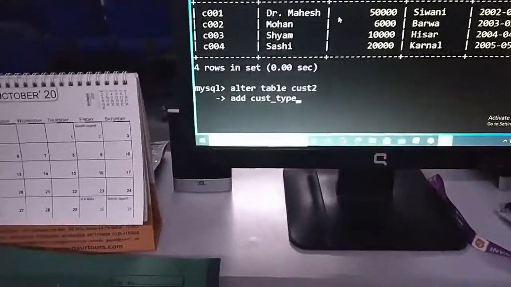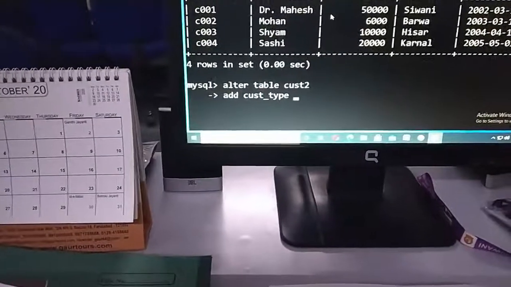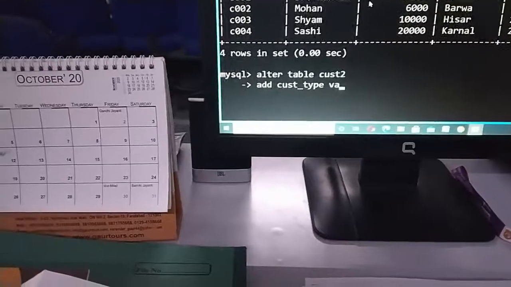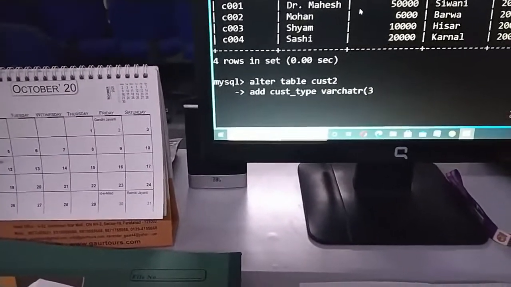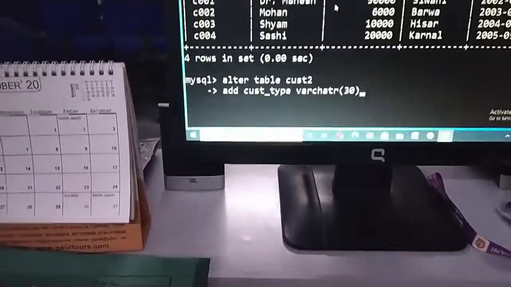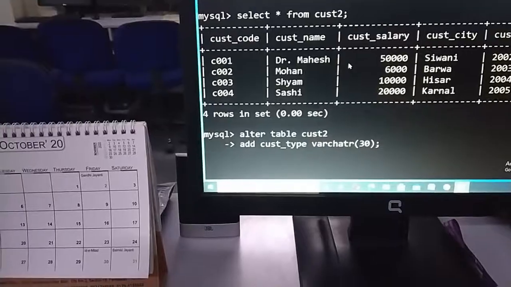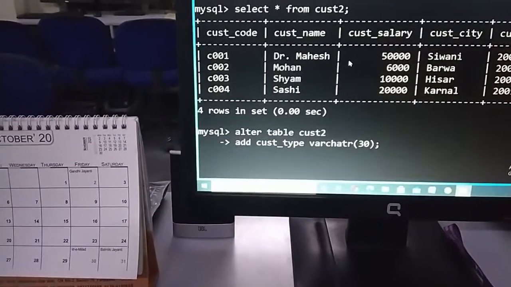Are you getting? Alter table name, add cust type, and then the customer type, of course, must have a data type. So say varchar, under bracket 30. This command will add a new field in customer table 2 as cust type with the varchar 30.